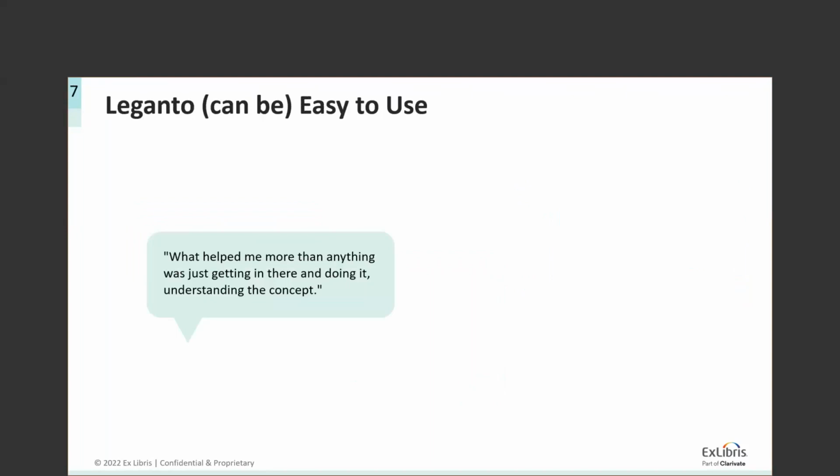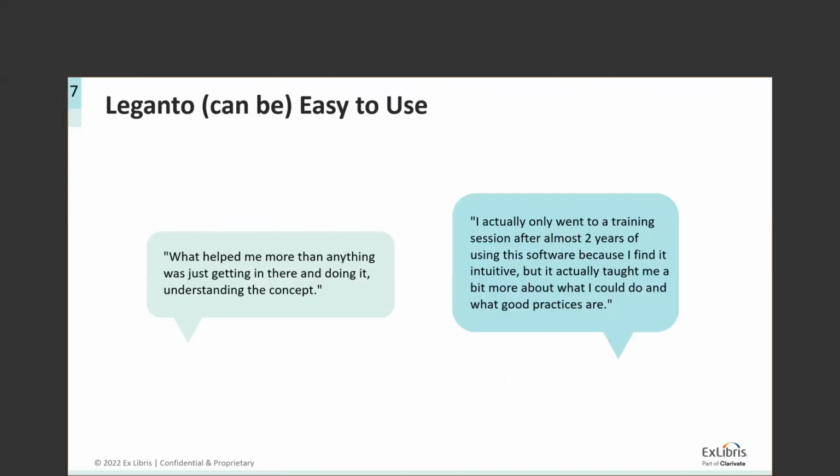Someone said, what helped me more than anything was just getting in there and doing it, understanding the concept. And another instructor said, I actually only went to a training session after almost 2 years of using this software because I find it intuitive. But that training actually taught me a bit more about what I could do and what good practices are. Certainly not everyone likes to try something without understanding how it works, but Leganto can be configured to be that